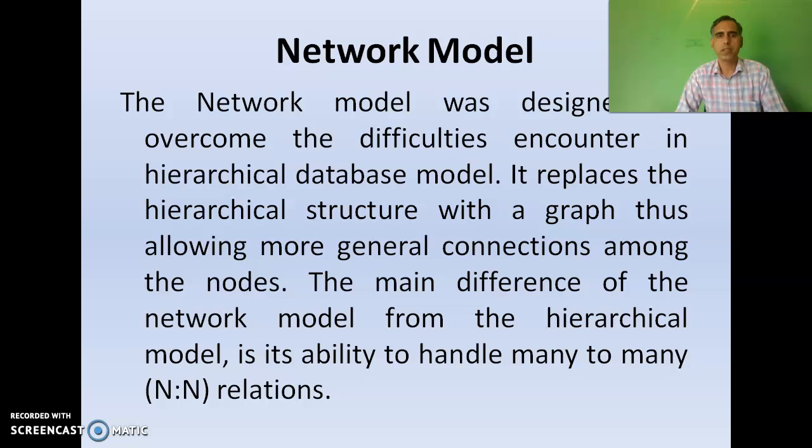This model is basically the generalization of the hierarchical database model. The main difference of network model from the hierarchical model is its ability to handle many-to-many relations, and this model does not contain database anomaly. That is, it is free from database anomaly.